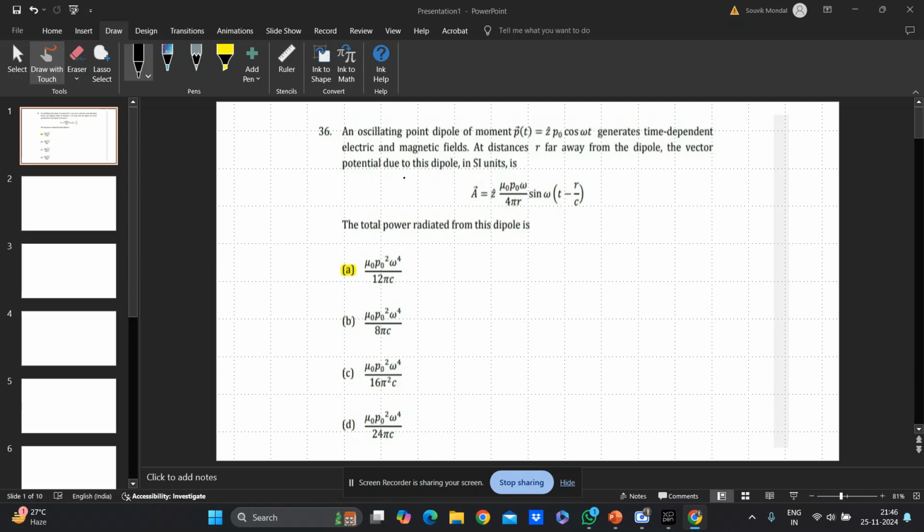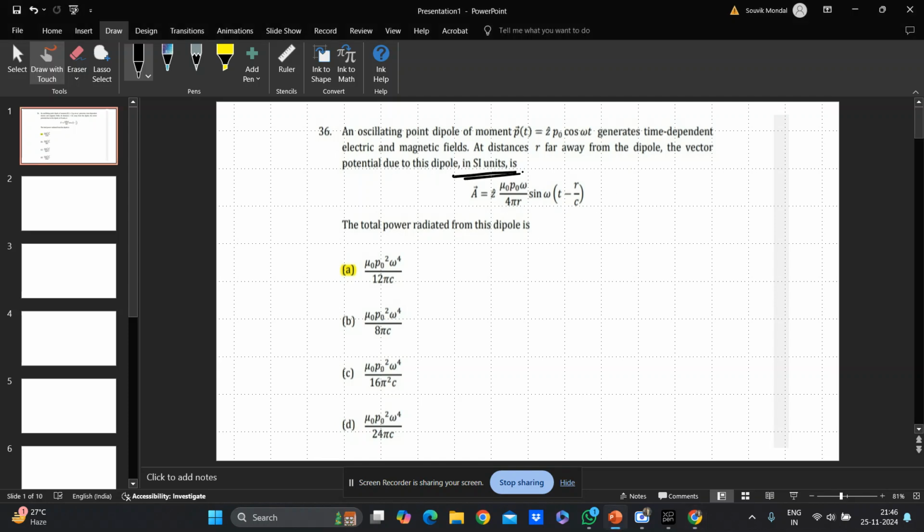Okay, so let's start today's video. So this question says there is an oscillating dipole p(t) = p naught cos omega t z hat, which generates a time dependent electric and magnetic field at distances r from the dipole. So this is the form of the magnetic vector potential, and you have to calculate the total radiated power from